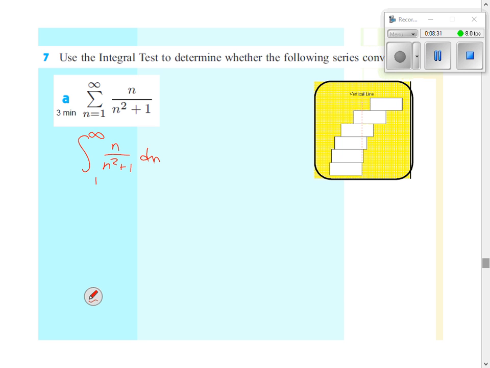Who sees it right now? What would you do to integrate this? U sub, good. What would U equal? Yeah, I would set U equal to n squared plus 1. So du would be 2n dn, which would mean 1/2 du equals n dn. Oh, yeah, this is good. So this would be the integral from 1 to infinity of, how would I write that? 1/2